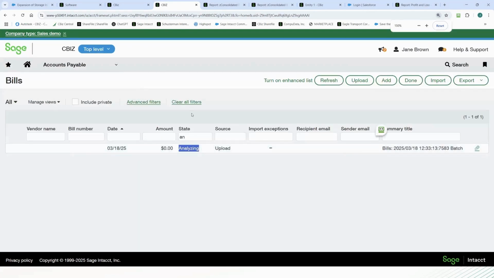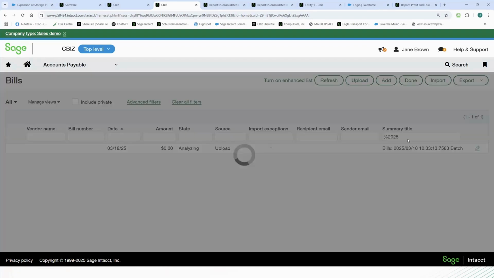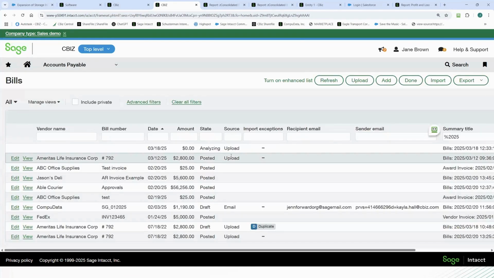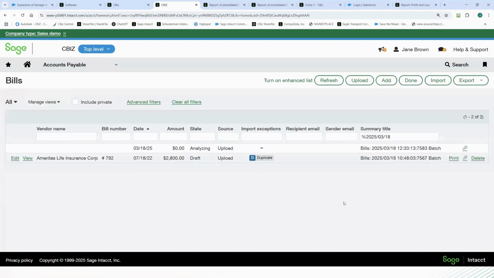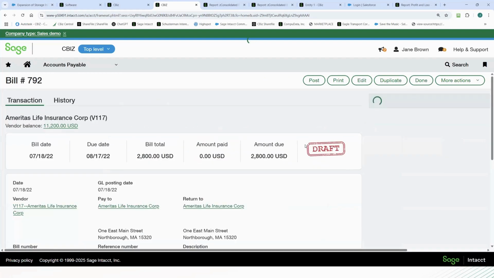And again, this is all within Intacct. So instead of having a third-party app where you do this, you can upload or email these bills directly into Intacct. The system will continue to analyze, and when it is eventually done analyzing it, it should just take a minute or two. We can actually take a look at what this does once it finishes analyzing, which is it gives us a